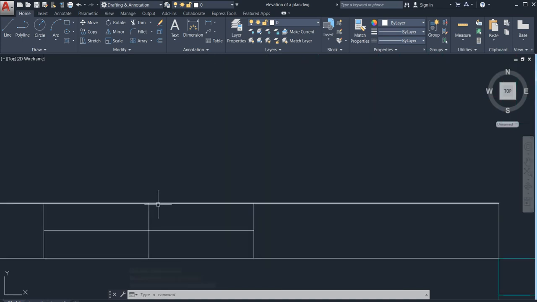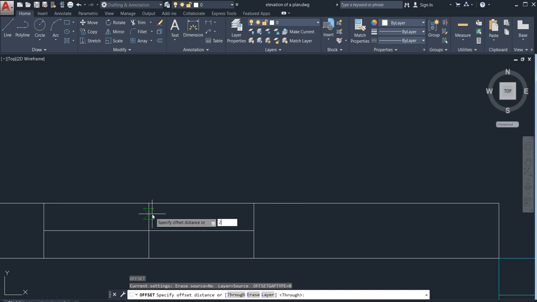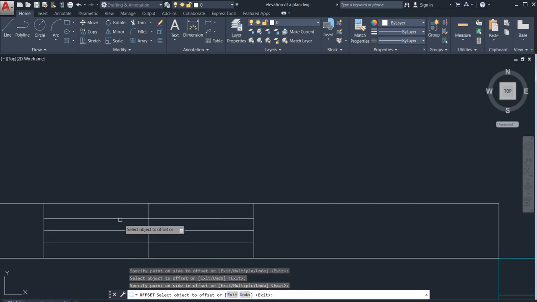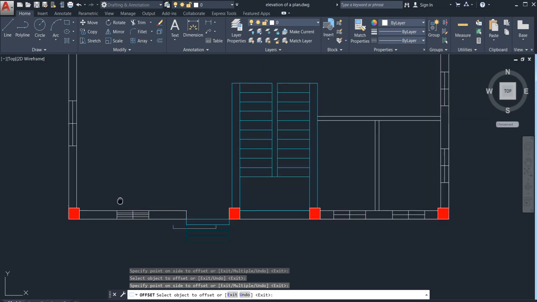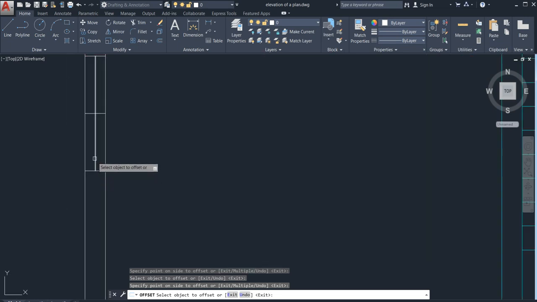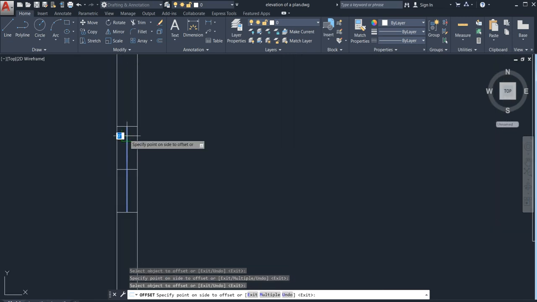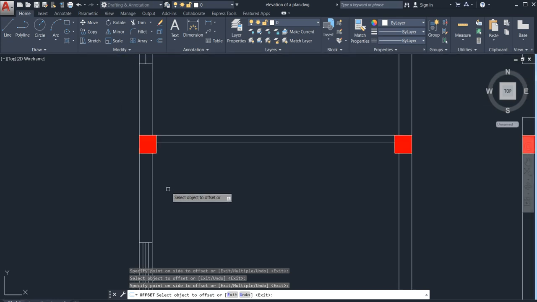See, now go for offset command with 2 inches from both the sides, up and down. So do it here in all of these as I am doing here. You also do. After you have done with this, just trim this middle line.